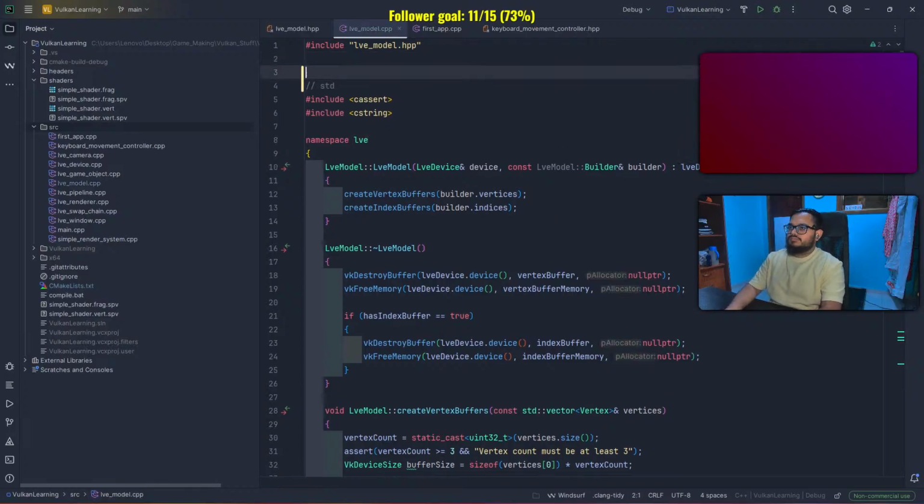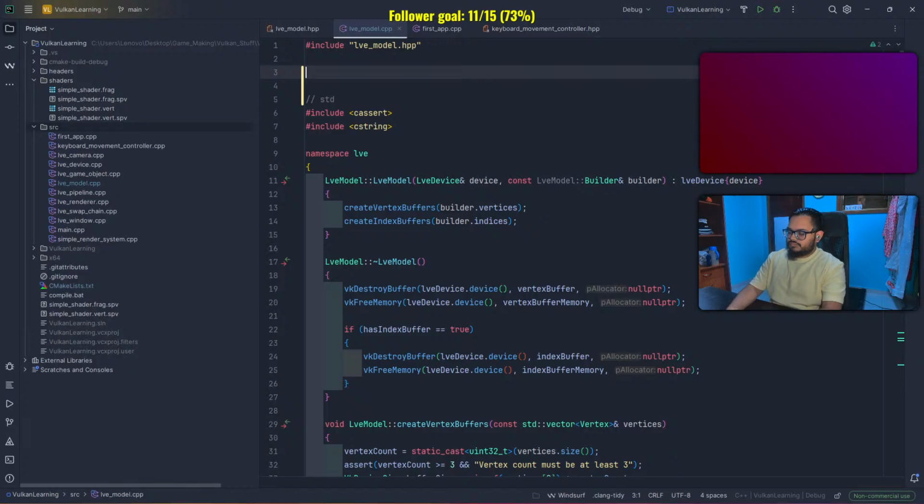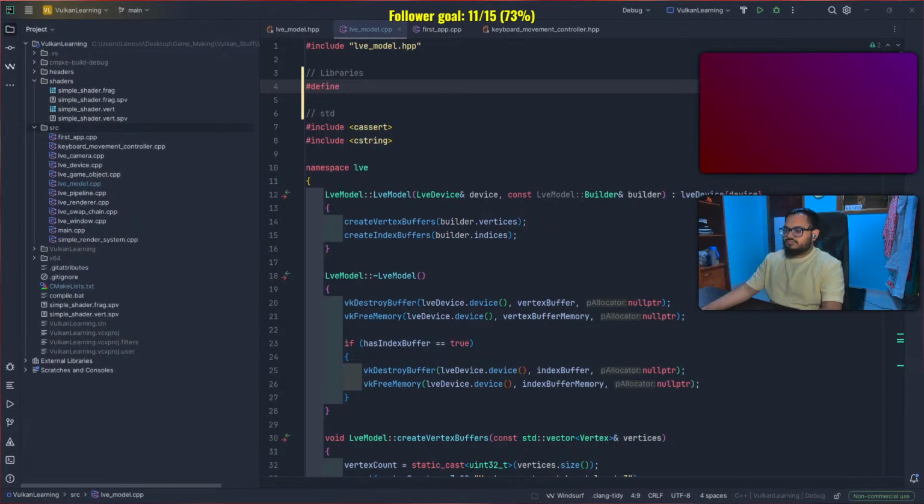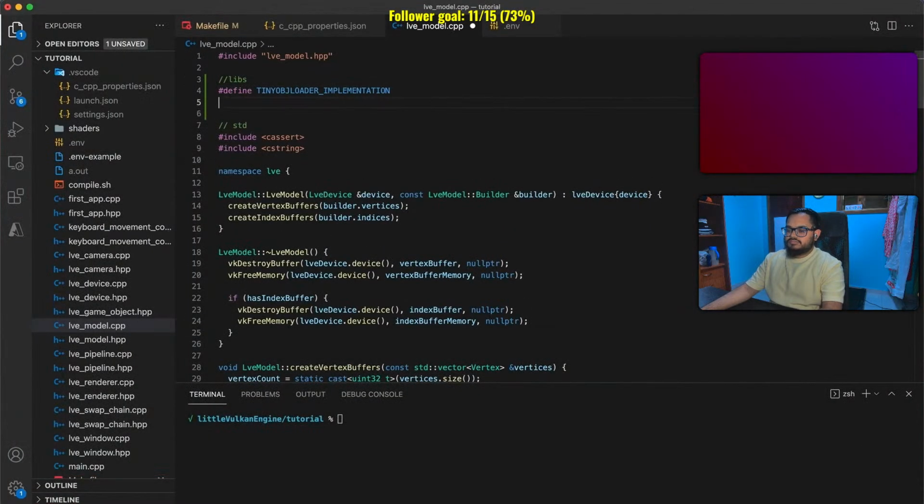Custom view. Libraries. Hash define. Defined in a single CPP file within the entire project. The define signals to the preprocessor that this file in the project will contain